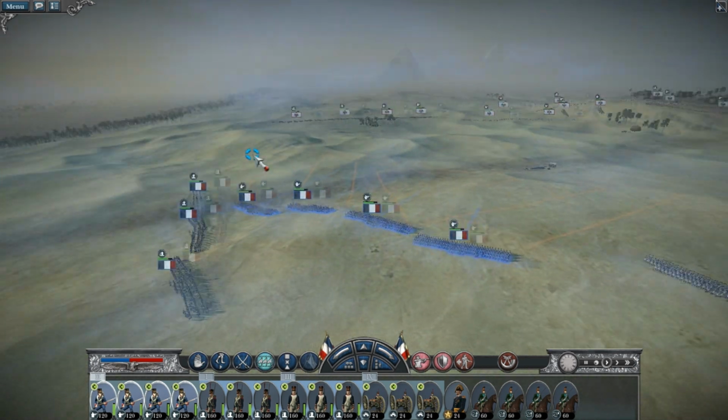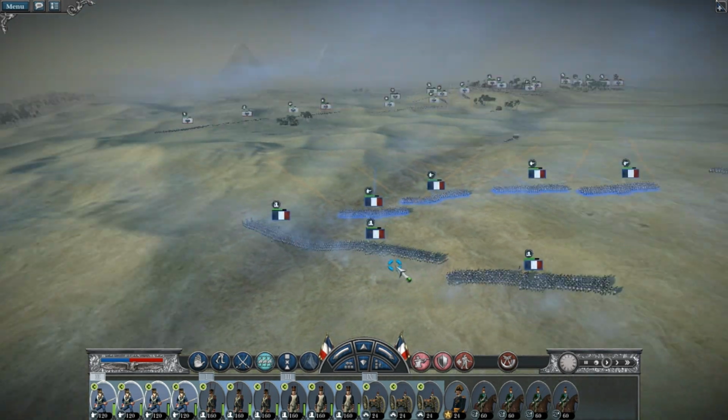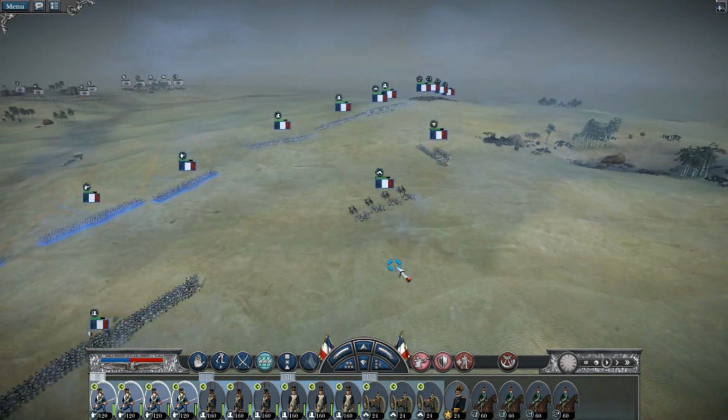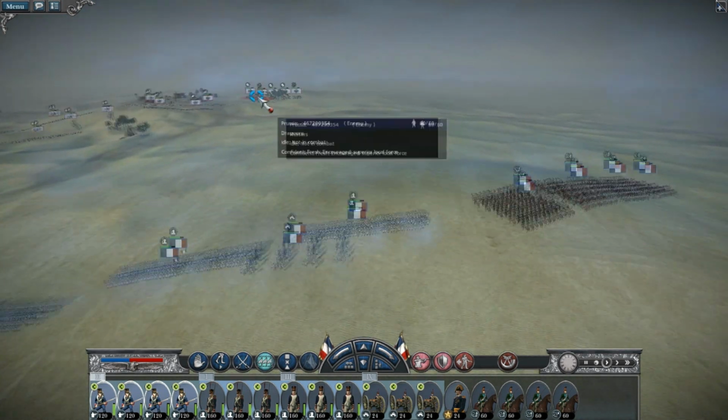But yeah, since he moved all of his cav over on his left, my right, I don't really see any major threat on the left here, so I'm just going to leave that position vulnerable with no cav to protect it or anything. Let's see, he has 4 units of dragoons, and I have 4 units, excuse me, he has